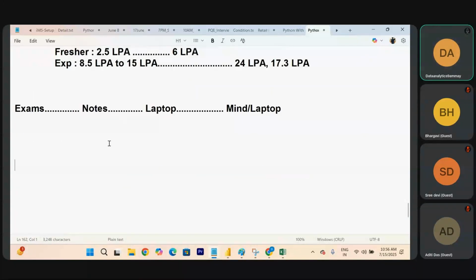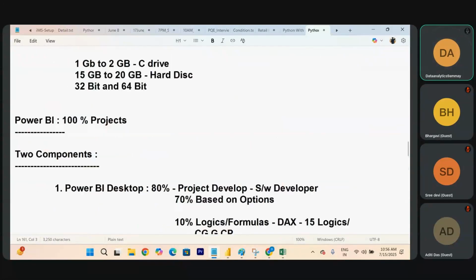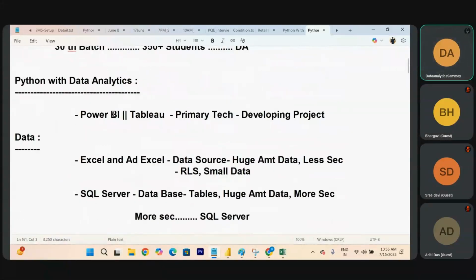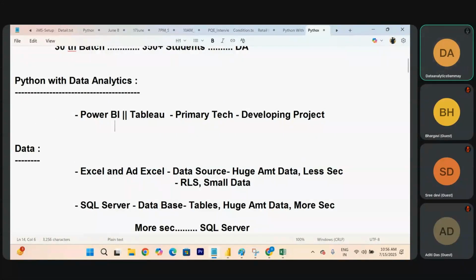So if anybody has such a doubt, go to your Naukri and search for that. One more thing I forgot to tell you. Fresher guys, especially observe this. People who are learning this, you just observe: here we are learning Power BI, which means individually you can get a job.